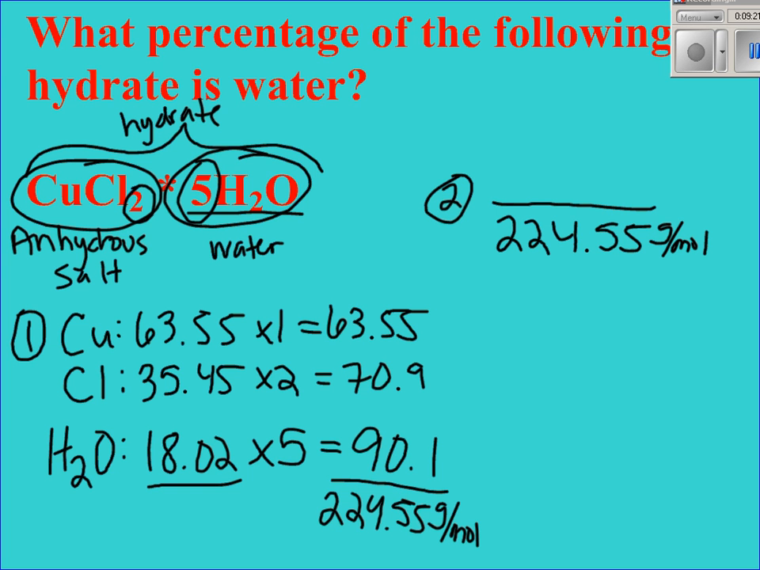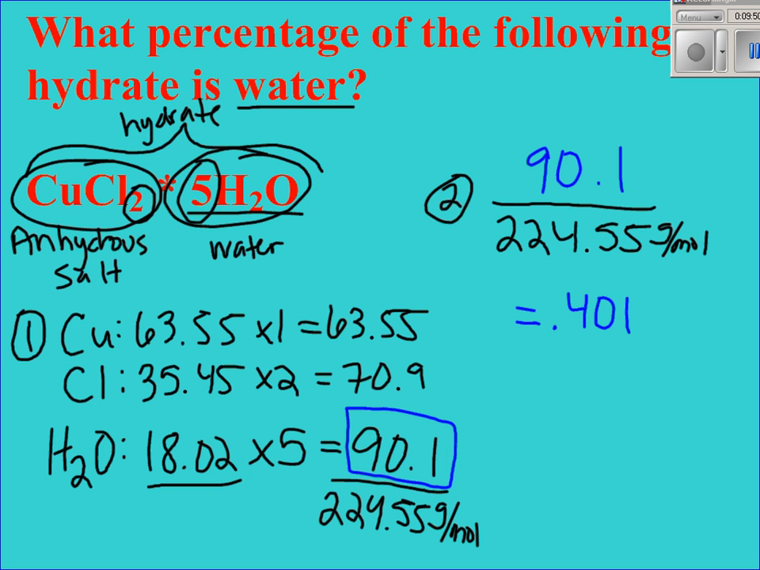Now let's ask ourselves, what part of the hydrate are we interested in? Well, what does the question ask? What percentage of the following hydrate is water? We are interested in the water part. That is the 90.1, and therefore 90.1 is what goes on top. By dividing those two numbers together, we get our fraction of water. It is approximately